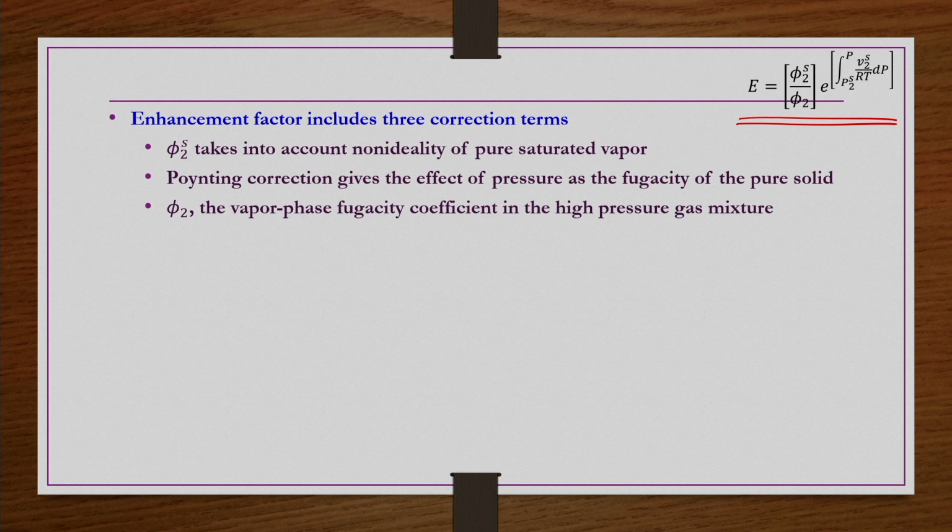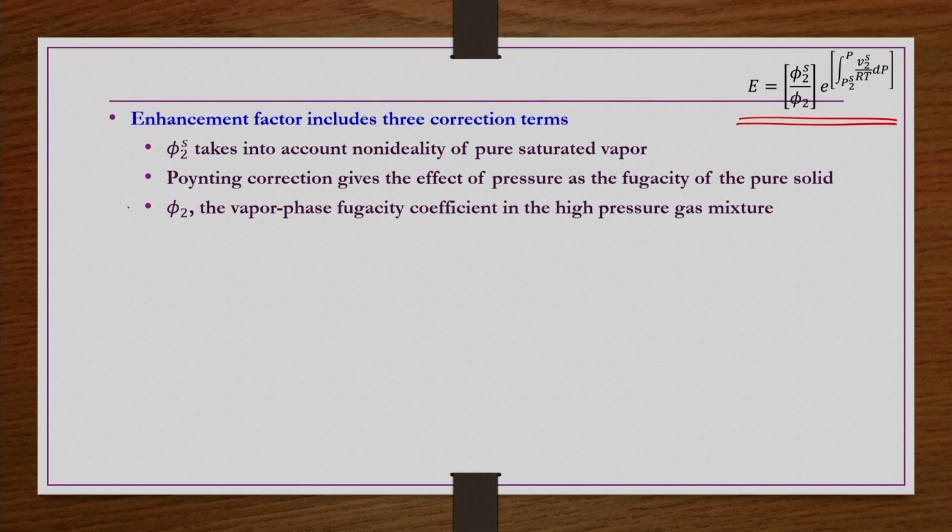Then also we have seen in one of our previous lectures that the Poynting correction is very small. If delta P is less than or equal to 10 bars and V is approximately 100 cc per mole, then the Poynting correction comes to less than 4% or so, which can be negligible. So whatever effect is primarily there, most of it is coming from this part, that